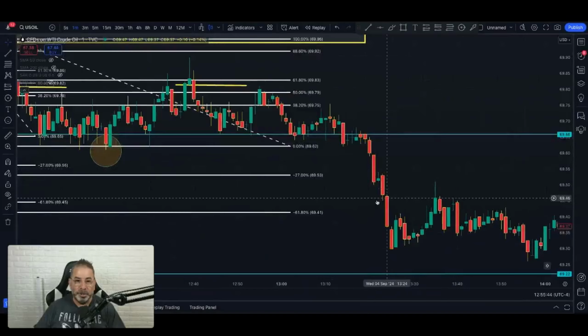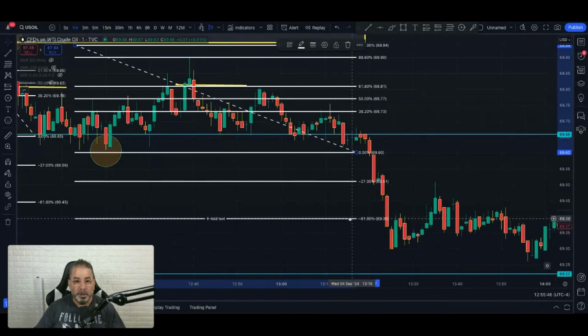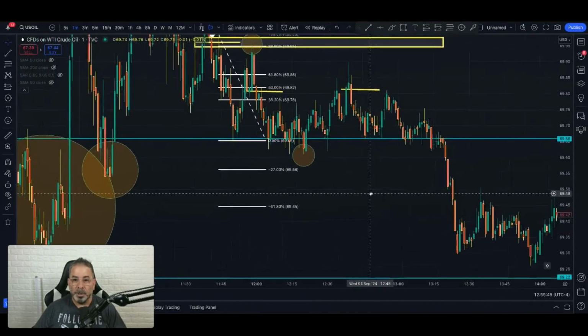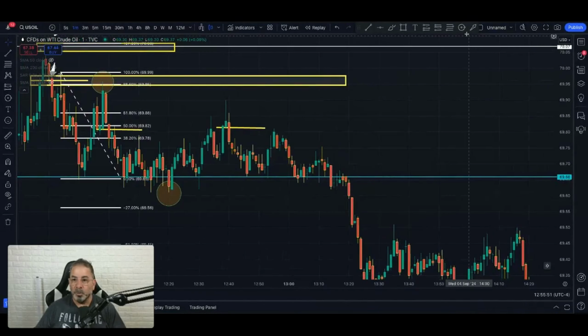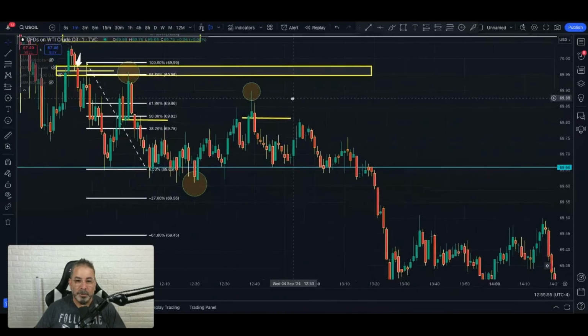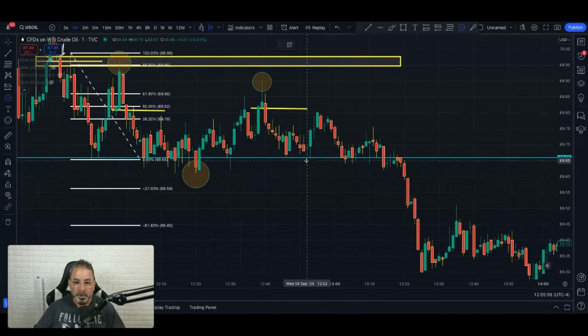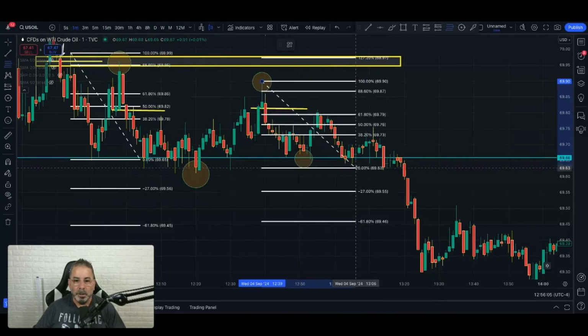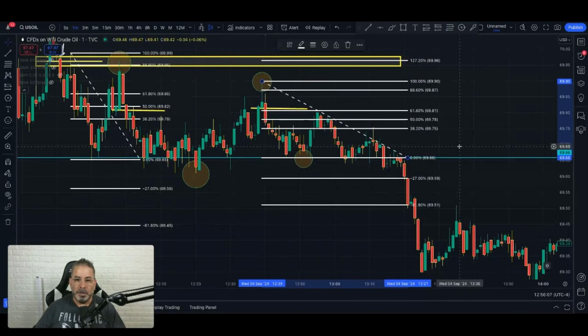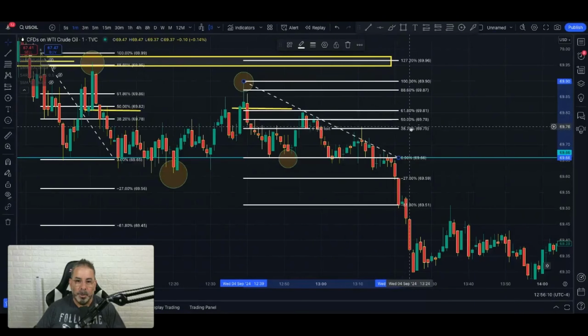But wait, you're still not sold. So where did price come from? Price came from this wick. I better see some happy emojis in the chat when I get to the chat in a minute. That is where price left. Where did price reverse? Price reversed from the blue line again. Okay, draw your circles. Yo, Fibonacci! What did price go to? Right to the 61.8.